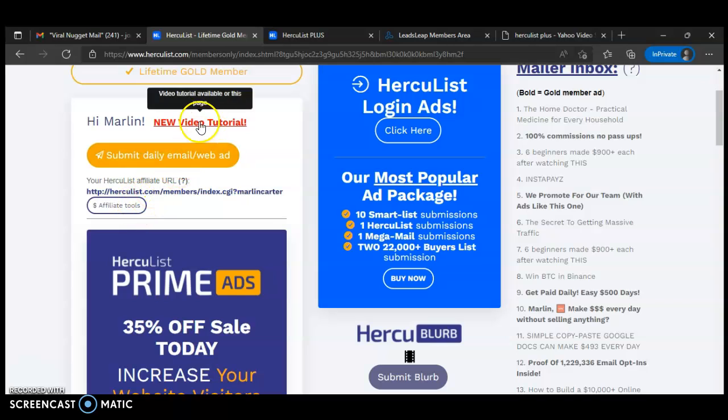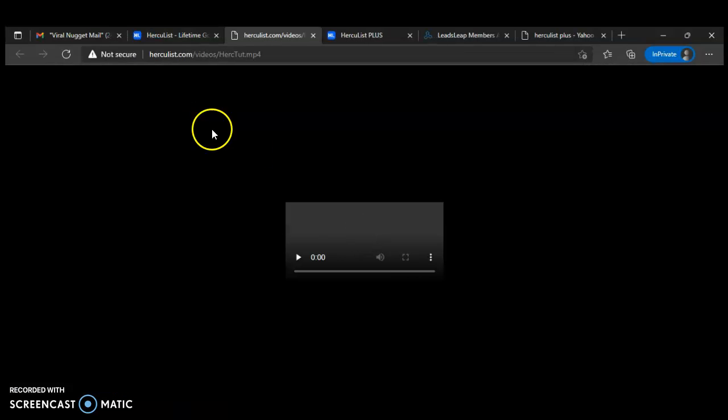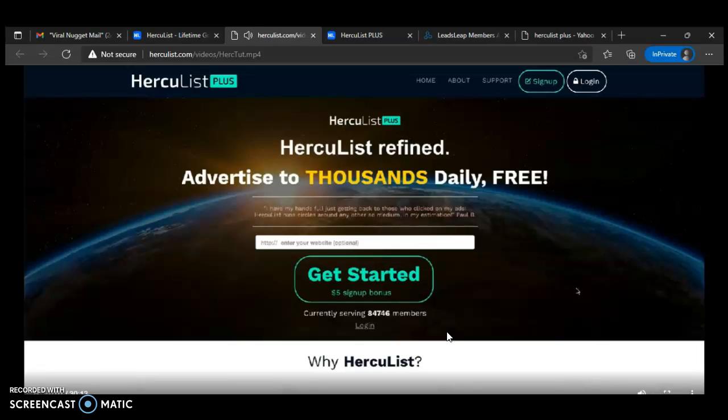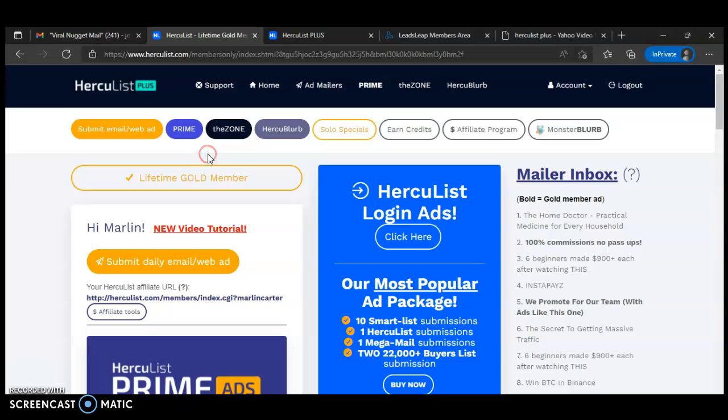And just look at the tutorial and see what's going on. Let's click it right here, and it's going to come up. It's going to tell you how to use the site, gives you different tips on what to do. I like this part right here where it says add mailer up here. I click on add mailer